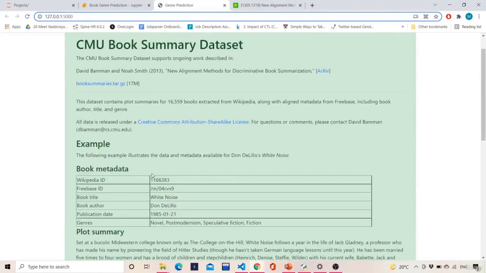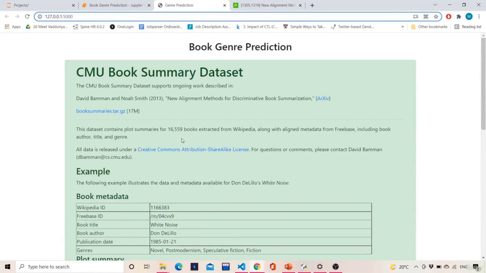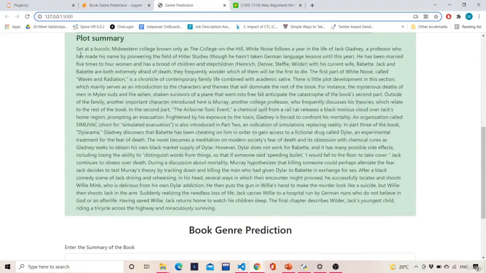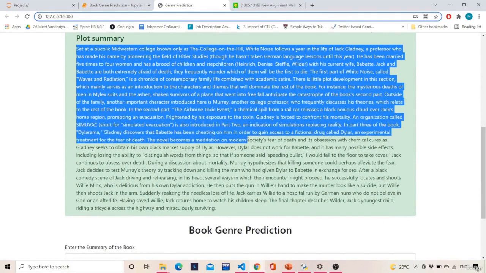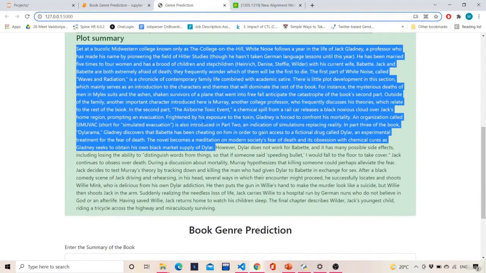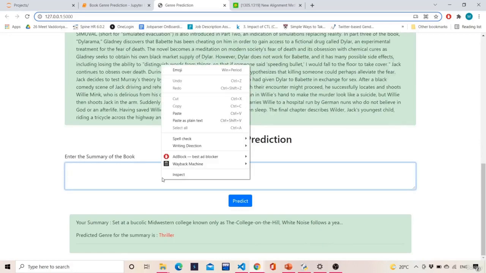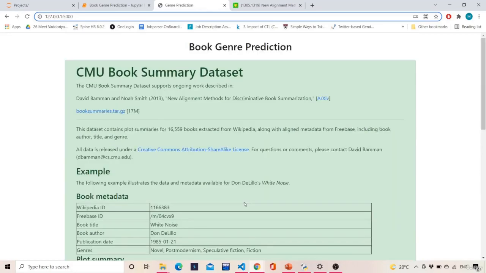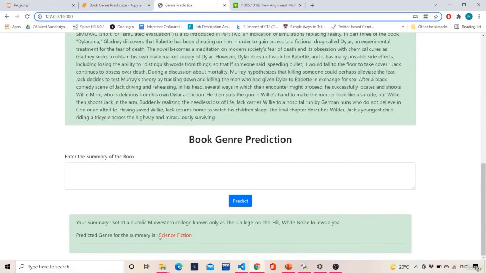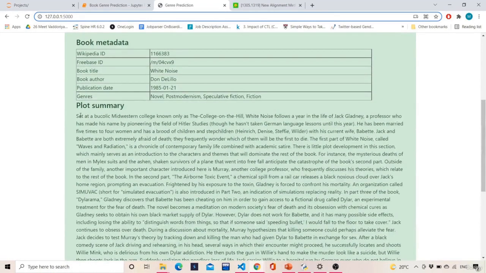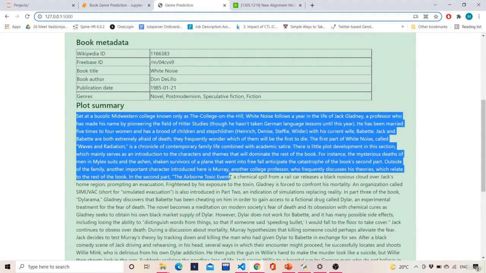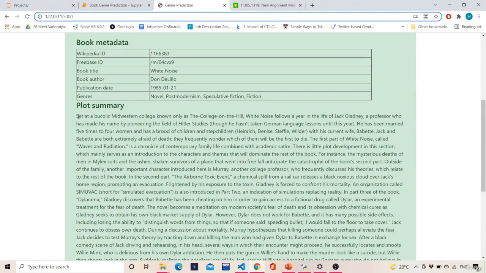Basically it may take a little bit of time, because at the backend machine learning instances are working, they are very heavy, and the load on them is a little bit more. So when a huge chunk of text is sent directly to it, it takes a little time to predict, and because of some load issue that may happen, but most of the time it will give the prediction correctly. As you can see over here also, the prediction was correct, because the first few lines were talking about some historic events.